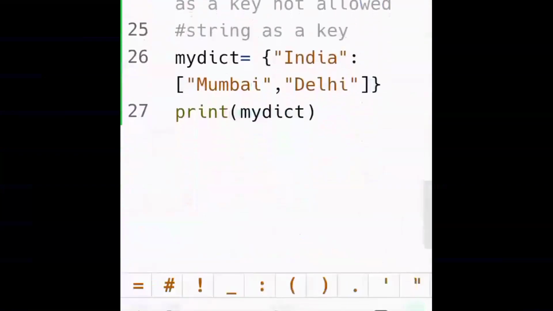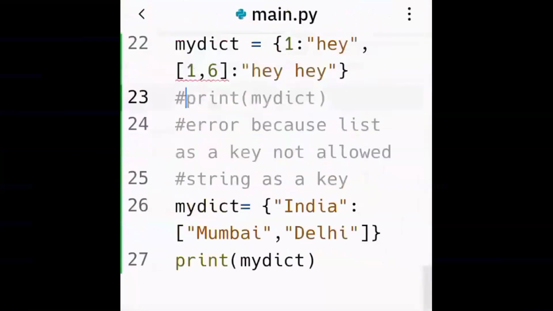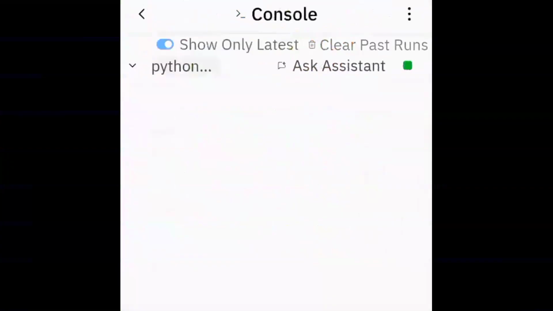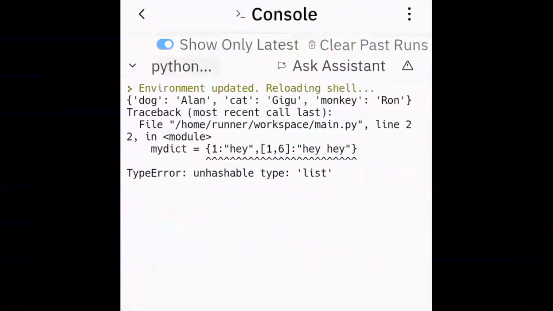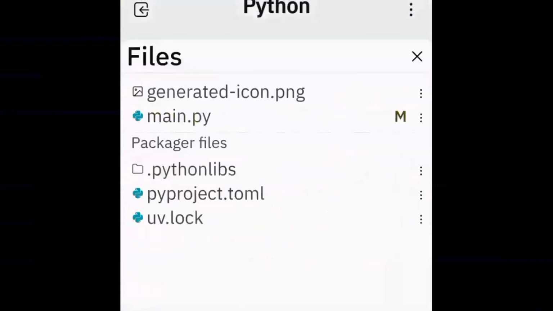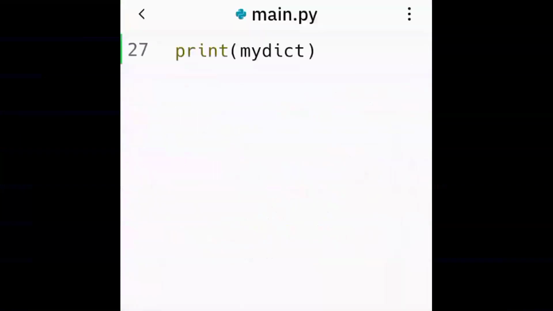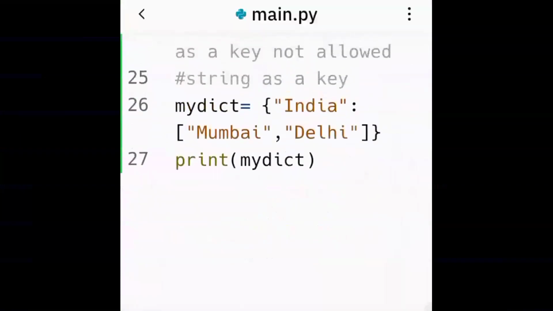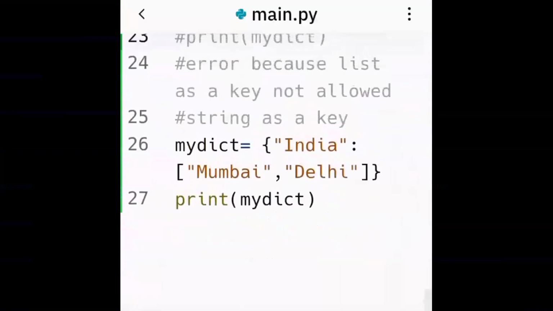Let's see what's happening here, the outcome. Oh wait, it's interfering with another print function. So let me comment out the previous print functions. Okay, the previous ones have all been commented out.